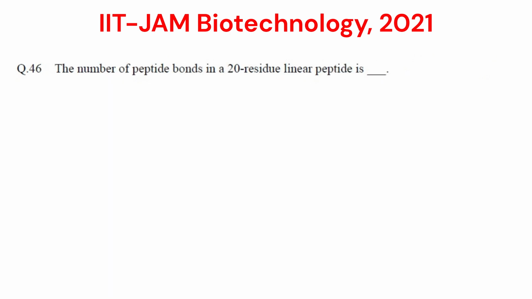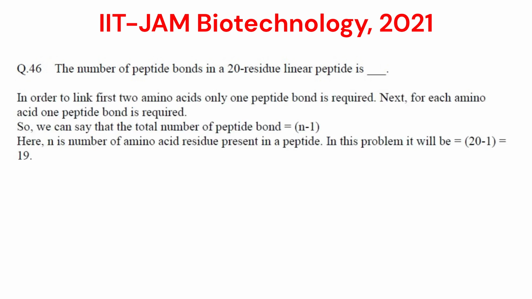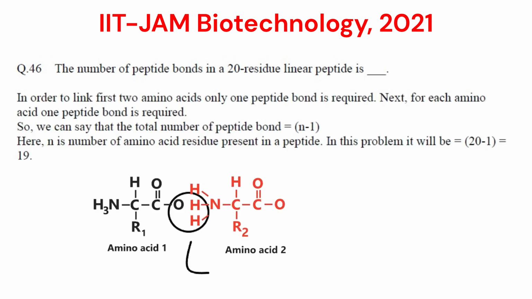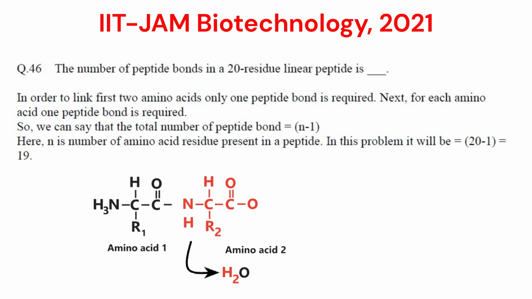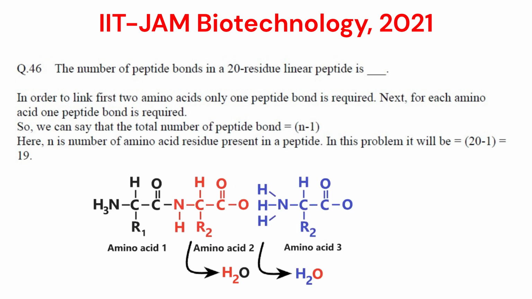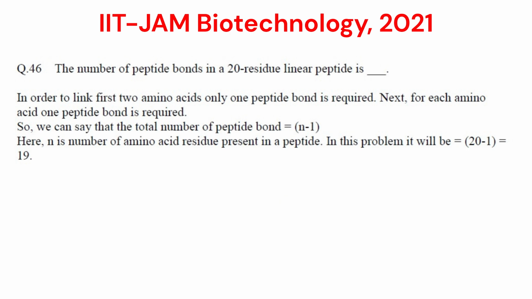Now in the next problem, you have to calculate the total number of peptide bonds present in a 20 residue long linear peptide. We know that in order to link the first 2 amino acids, only one peptide bond is formed. Next, for each amino acid, one peptide bond is required. So we can say that the total number of peptide bonds will be n minus 1, where n is the number of amino acids present in the peptide. So in this problem, the total number of peptide bonds in a 20 residue long polypeptide will be 20 minus